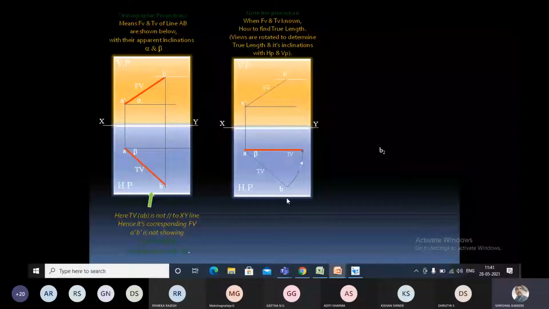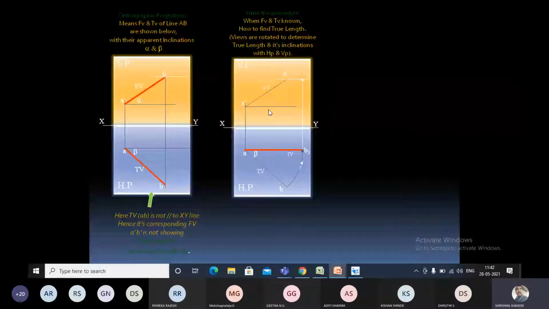Then project it over this one and project it over this one. Now please understand, these are the front and top views of the object, and these are not the true length. These are the apparent lengths. From the apparent length, I want to find the true length of the object.